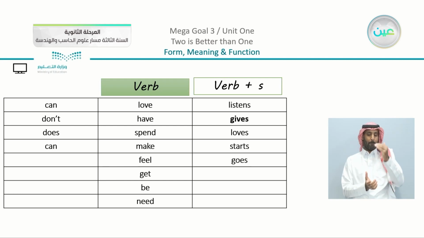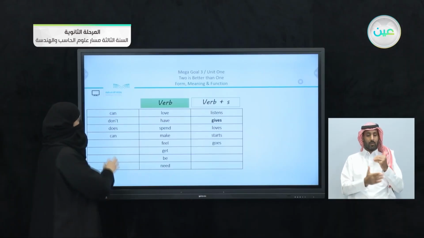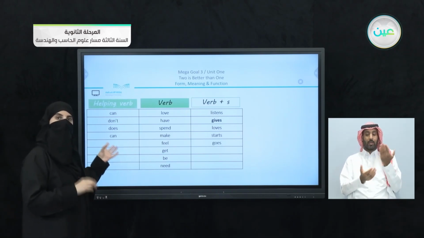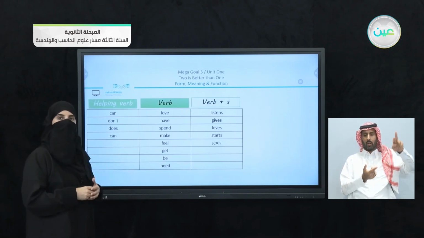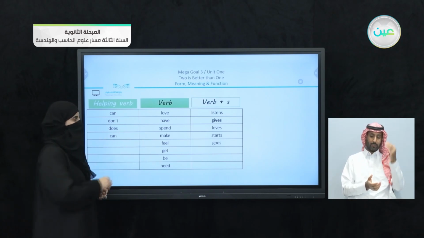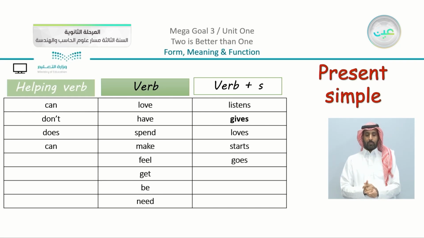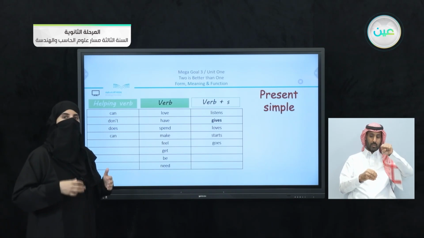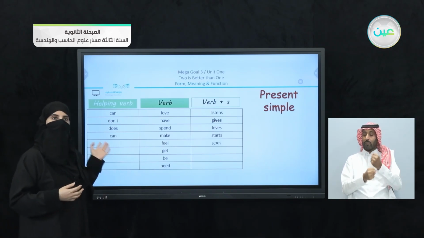It can be a verb plus S. We're going to see when. And we have here helping verbs are also used, or I wrote them also in our paragraphs. So we have here, there are three different parts. Now you can see that all of these verbs, they are in the present simple. We have the main verb, it is in the present simple. When I add S to the verb, it also means the present simple. And we have here the helping verb.